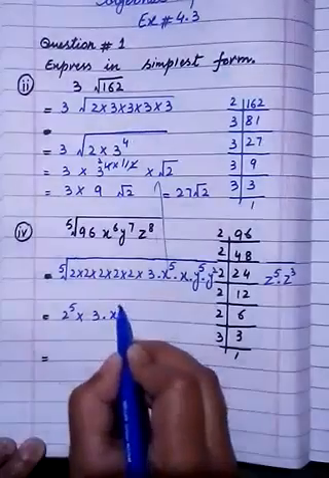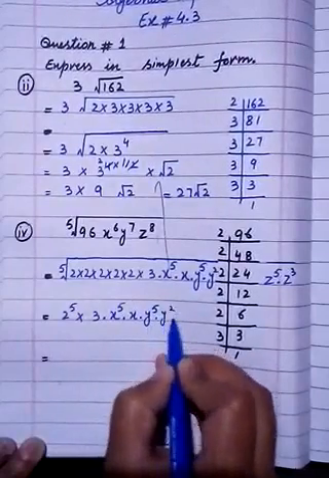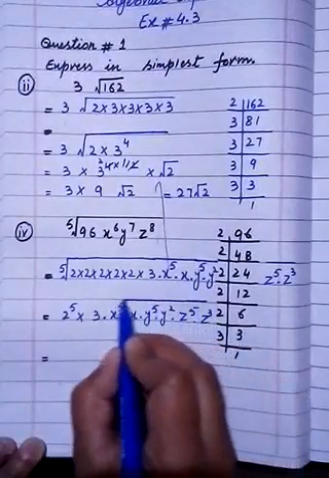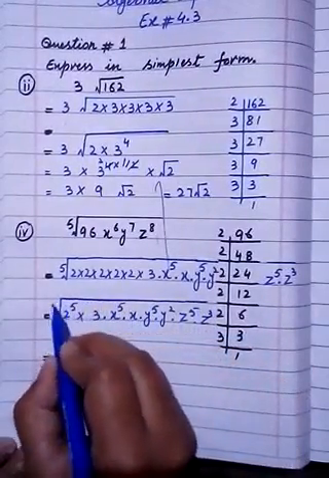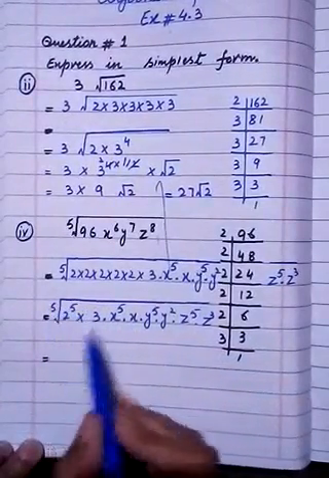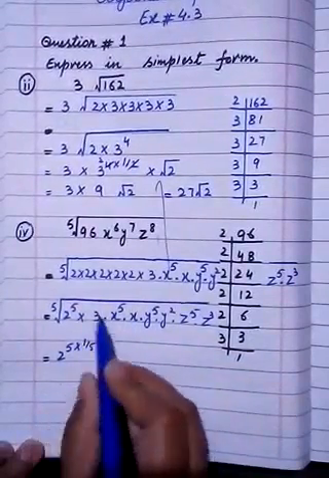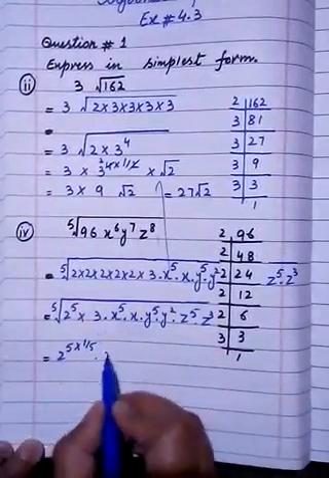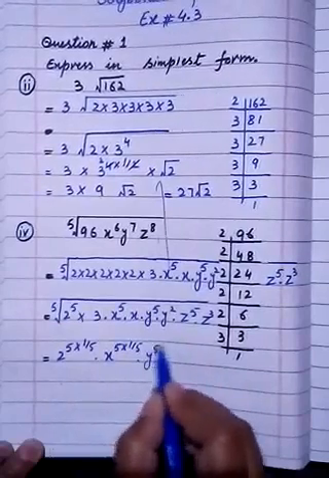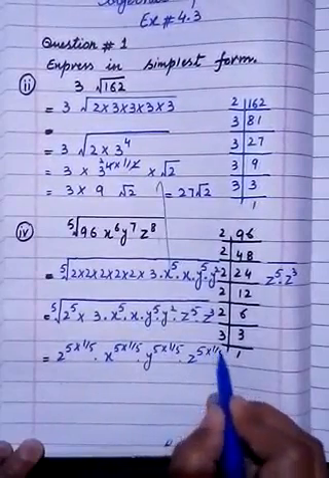Now x raised to power 5, x as it is, y raised to power 5, y square, z raised to power 5 and z raised to power 3. Now you have to write under root and the index of under root is 5. Now the terms which have power 5, you have to put the value of under root 5. So 2 raised to power 5, 1 by 5, 3 is just alone, so it will be separate. x raised to power 5, put the value of under root 1 by 5, y 5, put the value of under root. Now z 5, put the value of 1 by 5 under root.